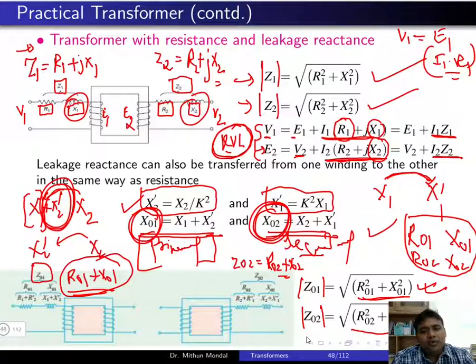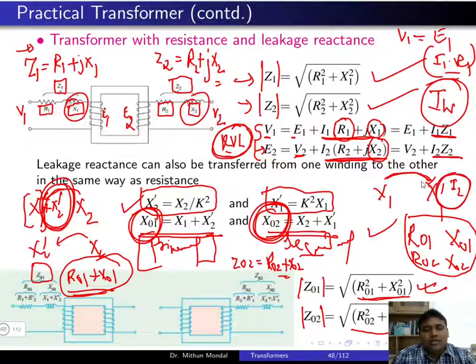In the ideal transformer, we have seen that there are no losses, so there is no core loss or winding loss, that is the copper loss, and no leakage in the transformer. Slowly and steadily we have added the losses in the transformer. First, we added the core loss, that is the hysteresis and eddy current loss, which we represented with IW. Then we added the load in the transformer. What happens when we add the load in the secondary? There is a current flowing, I1 dash, that we have discussed.